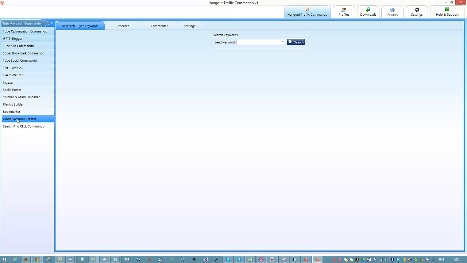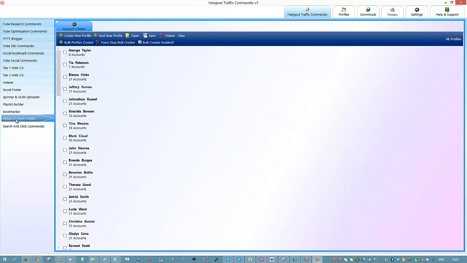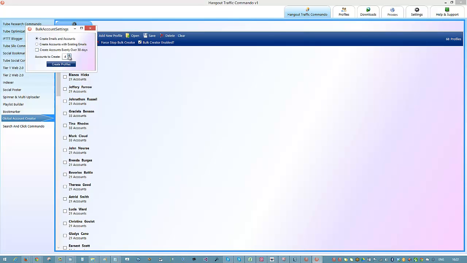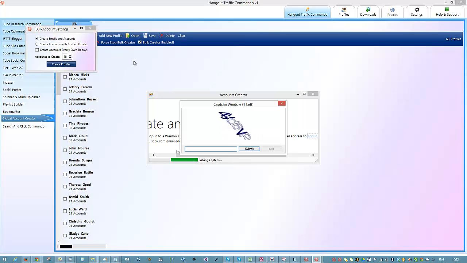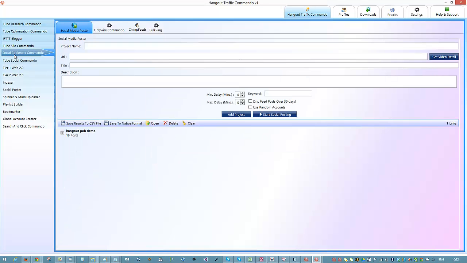Now we've got a global account creator in here, which basically in one click, if I want to do bulk profiles, all I need to do is choose the number of profiles in here, but I need to have proxies, and I really need to have captcha settings, which I haven't done in here. And you can just click and add create profiles here, and it's just one button. It creates the Hotmail account and does the automation of creating the accounts. Okay, it's a very powerful tool, and from that you can use the social bookmark commando to start posting